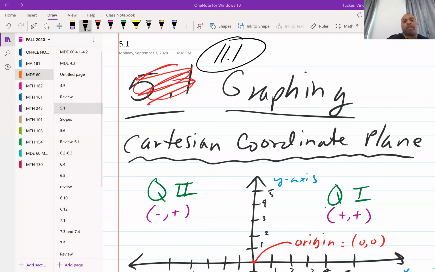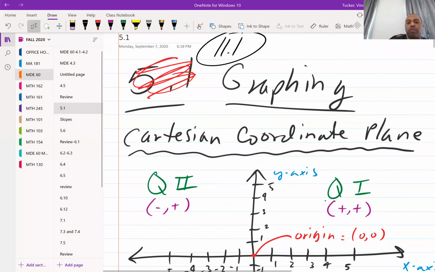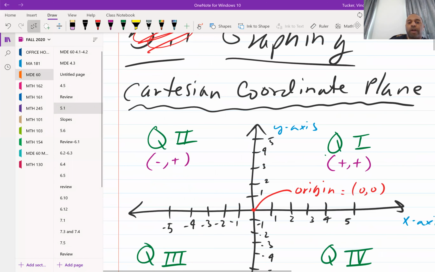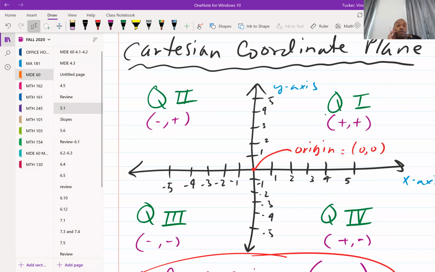All right, so today we're looking at 11.1, graphing. Once again, this was just another class's notes. That class was 5.1, but graphing is the same no matter what math class you're in. We're looking at 11.1 for us, and it's graphing, and it starts off with the Cartesian coordinate plane, in which